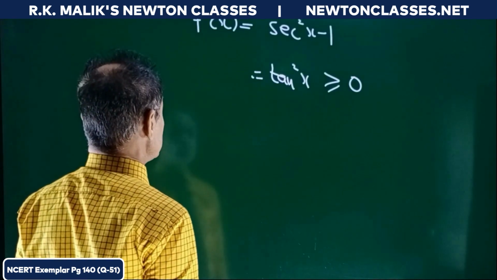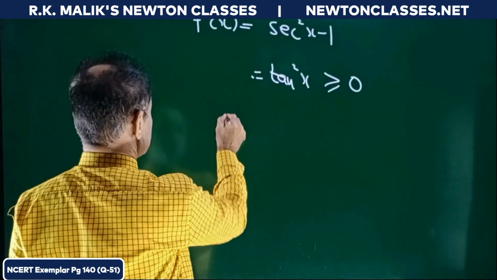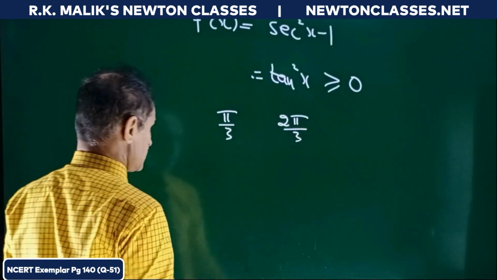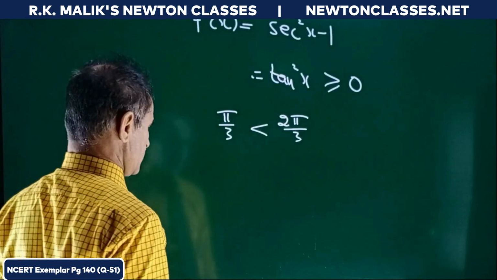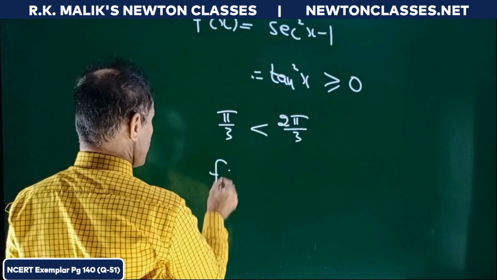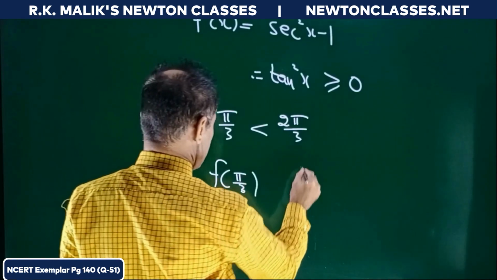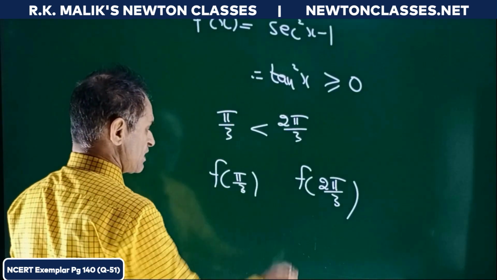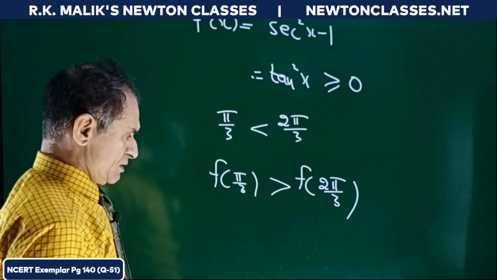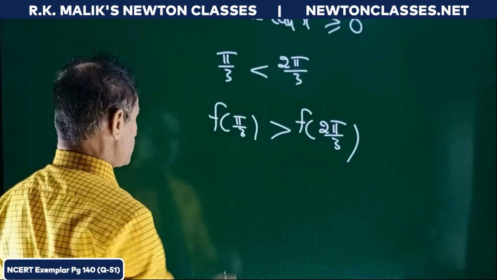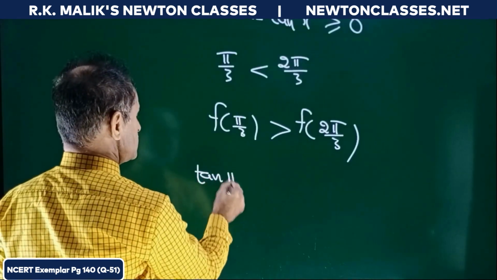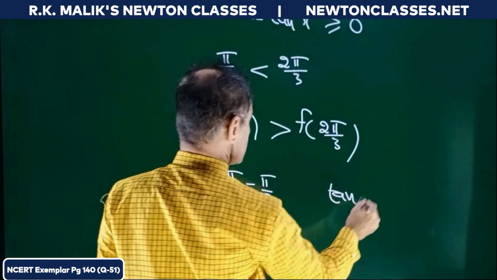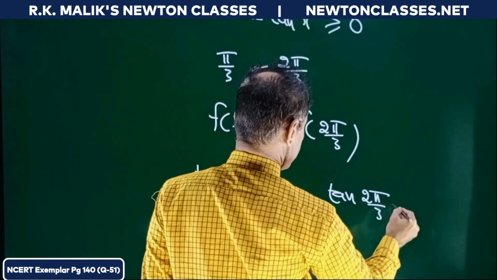For example, take two values of x as pi by 3 and 2 pi by 3. Clearly pi by 3 is less than 2 pi by 3. But if I find the value of f(pi by 3) and f(2 pi by 3), f(pi by 3) is greater than f(2 pi by 3). It is very easy to see because tan pi by 3 minus pi by 3 and tan 2 pi by 3 minus 2 pi by 3,